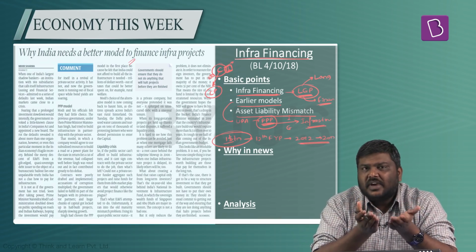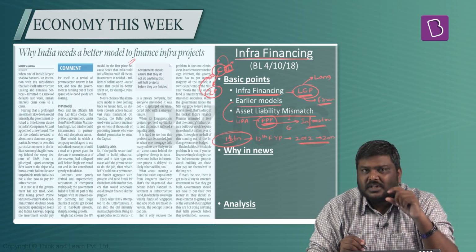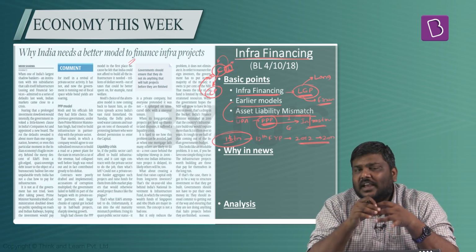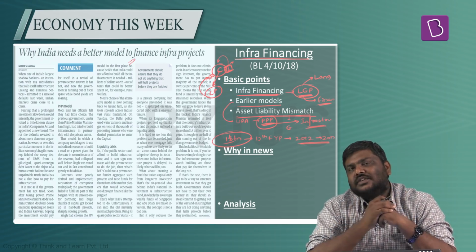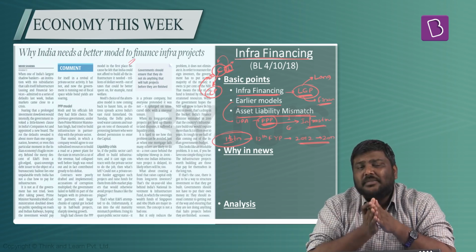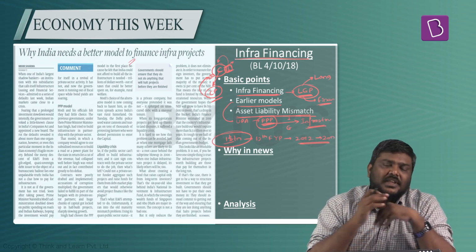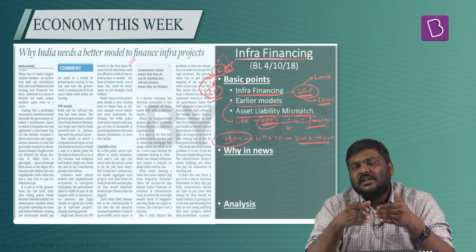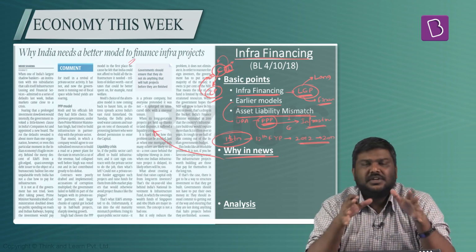So this particular situation where the asset will give the returns after many years, whereas the liability will mature within a short period of time, is called asset liability mismatch. The banks are suffering because of ALM, as well as a company such as IL&FS, which was mainly involved in lending for infrastructure projects, is suffering because of ALM. As a result of this, now the demand for these kinds of short instruments is increasing. The interest rates on these short instruments are increasing, but this is not the way to finance the infrastructure, which will again lead to asset liability mismatch in the coming days. This particular article conducts a discussion with respect to this issue itself.